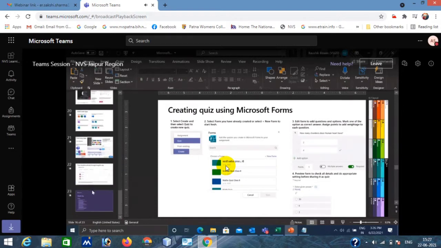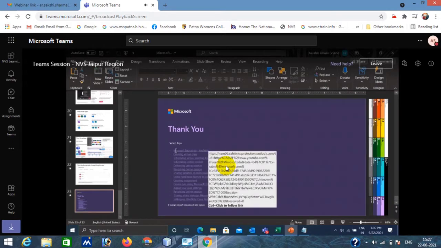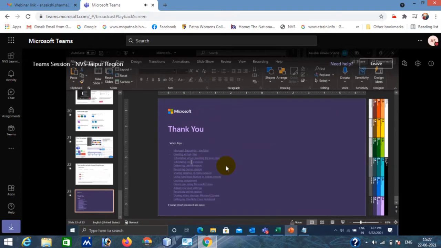In the last slide, you will get some videos, which are YouTube videos. All these things are available here: creating a virtual classroom, scheduling an online class, creating a quiz, everything. Small videos are there. You can simply click the link and watch the video if by chance you get stuck anywhere.